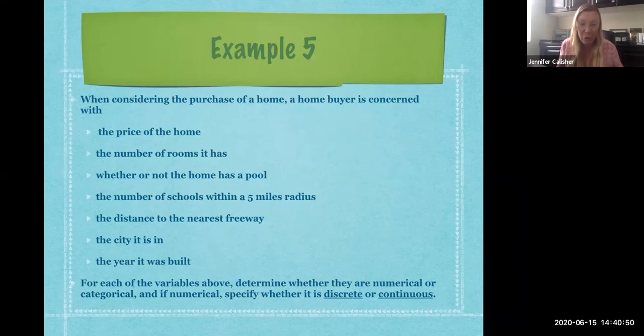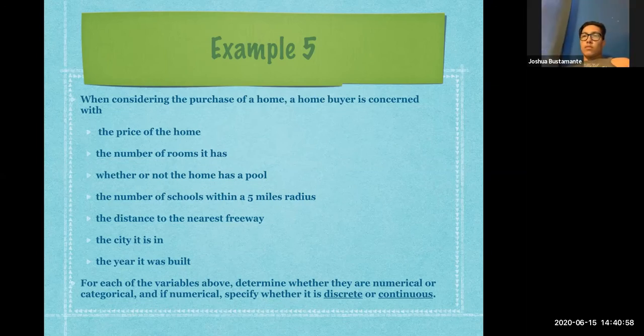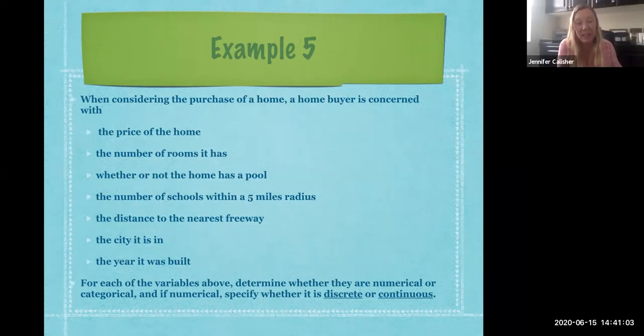So again, that's a tricky one. It really comes down to how you justify it. But most of the time, actually probably all the time, you end up just rounding the value of the price of a home so that it is more of a discrete answer. But again, you can argue it either way. So thank you, Miranda, for taking the hard one.